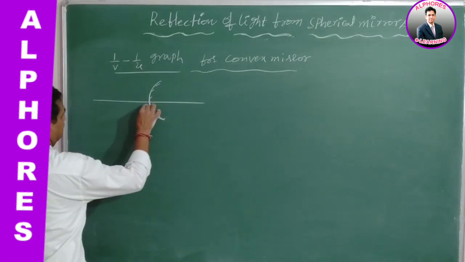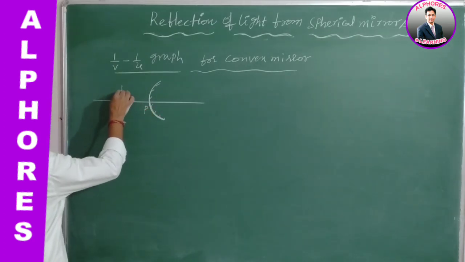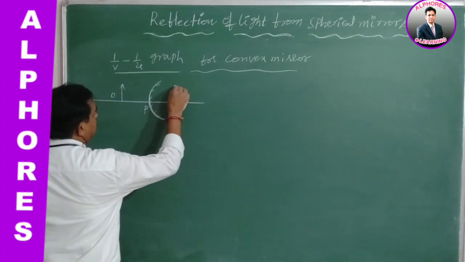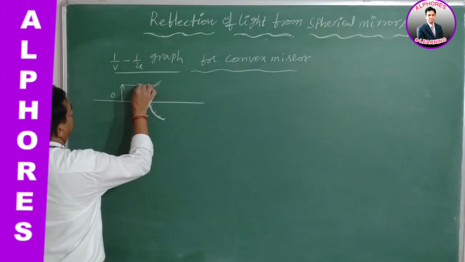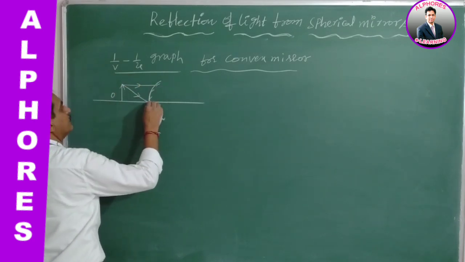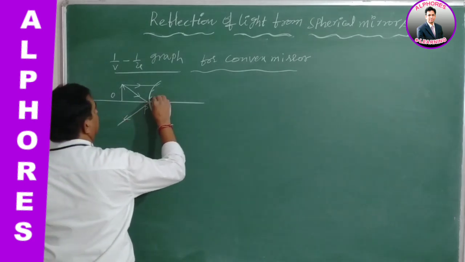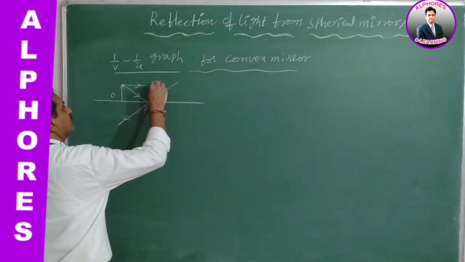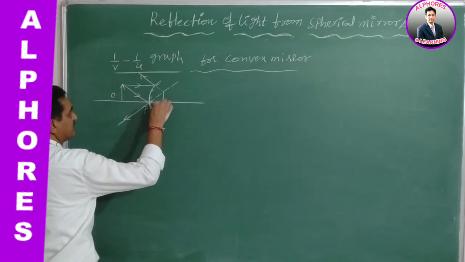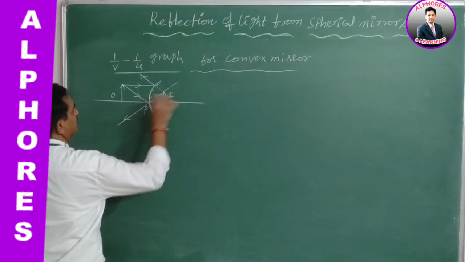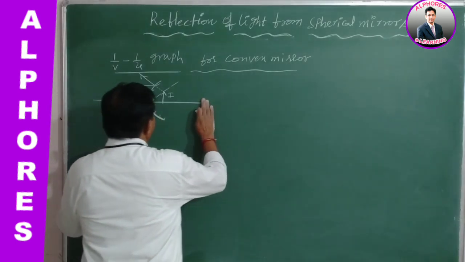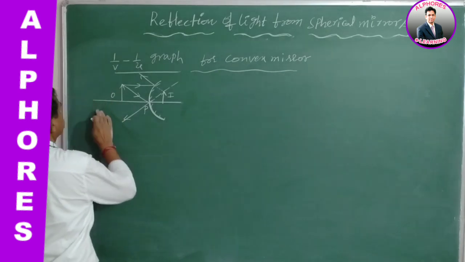So in case of convex mirror, whatever may be the position of the real object, its corresponding image formed is virtual. We can see that after reflection, the ray is extended up, and this is also extended downward, and where they intersect, this is the image. Therefore, in case of convex mirror, this is the total ray path,